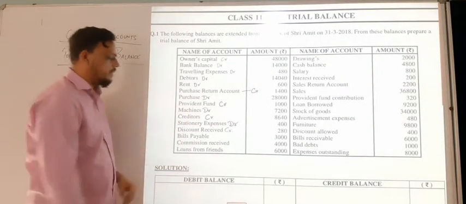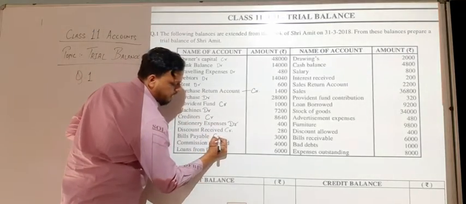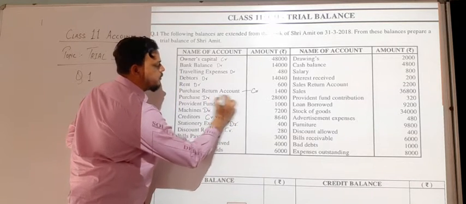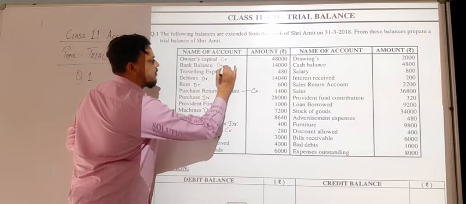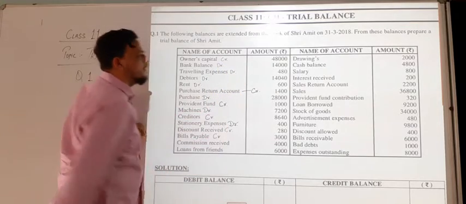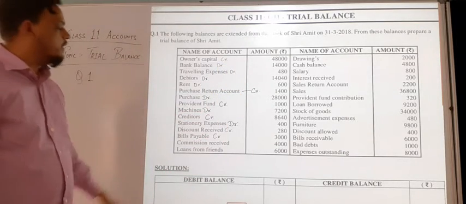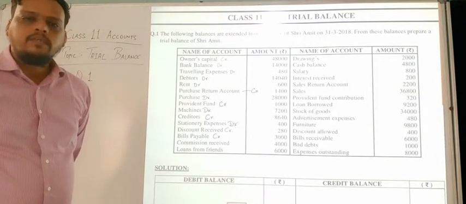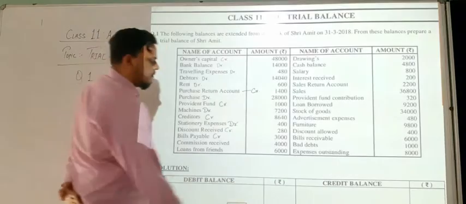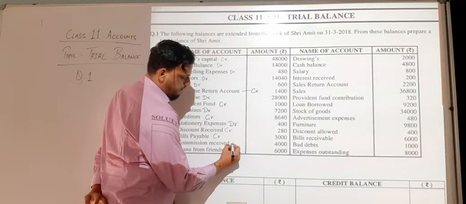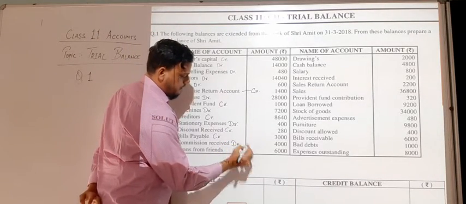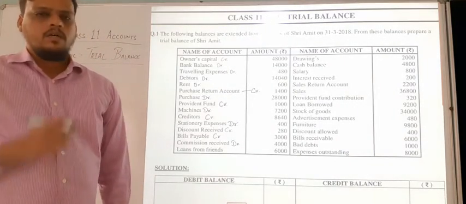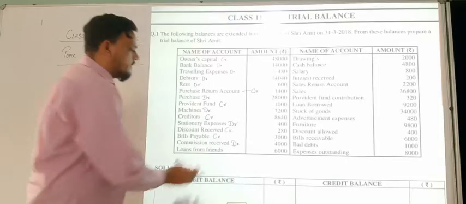Now, bills payable. Bills payable is also a credit part. I have not mentioned a dot everywhere. You should be putting these dots, because dots are compulsory for understanding credit, debit, credit, debit. Now, commission received. What about commission received? Commission received is ultimately a debit part. Not debit part actually, but it's credit.